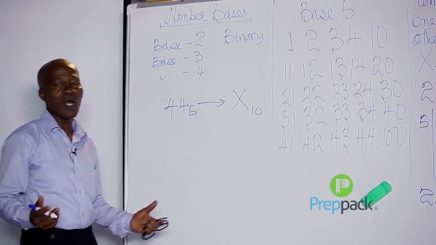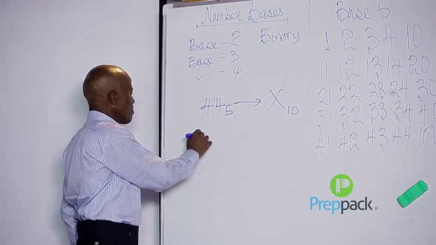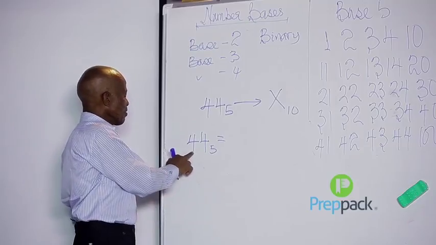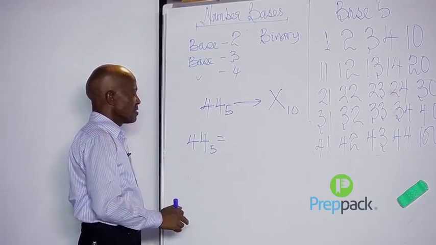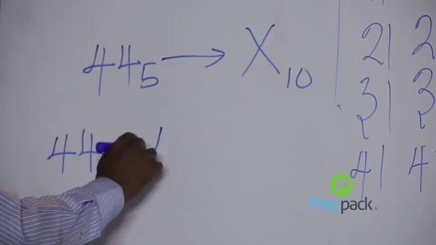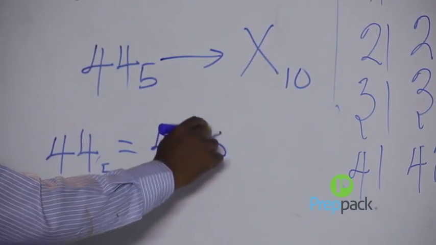How do we go about this? 44 base 5 could be written like this: this is 4 tens, this is 4 units. So over here we have 4, our 10 is 5, so 5 raised to power 1